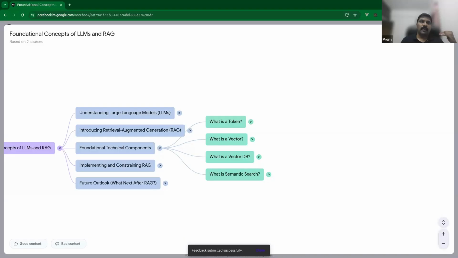So let's assume a token is a word. Okay, let's simply assume a token is a word, but a token is more than a word. To simplify, let's assume a token is a word. Okay, LLMs come with